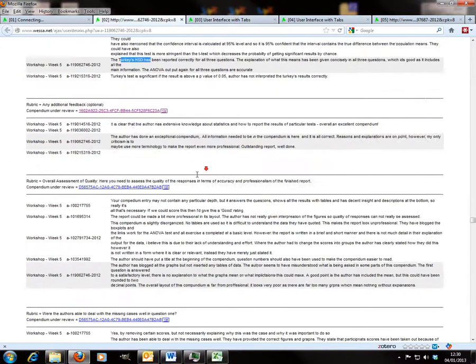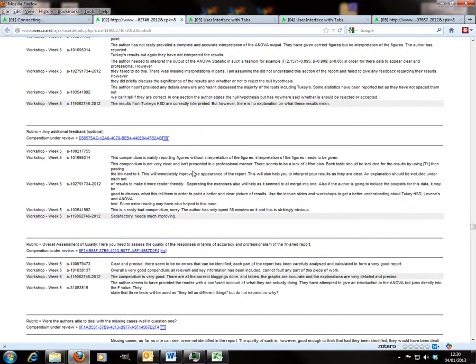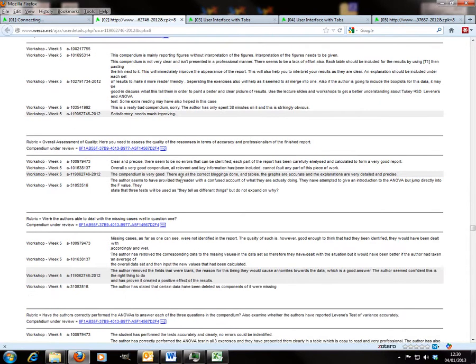So it's quite quick to build up an impression of how good the students are at identifying problems with target reviews, effectively critiquing what other people have done and providing statistical insights, not just comments like the compendium is very good, but supporting that with some kind of statistical evidence. So once you've made an assessment about the general quality of the feedback that students are giving, whether it's very detailed, very statistically based and so on,